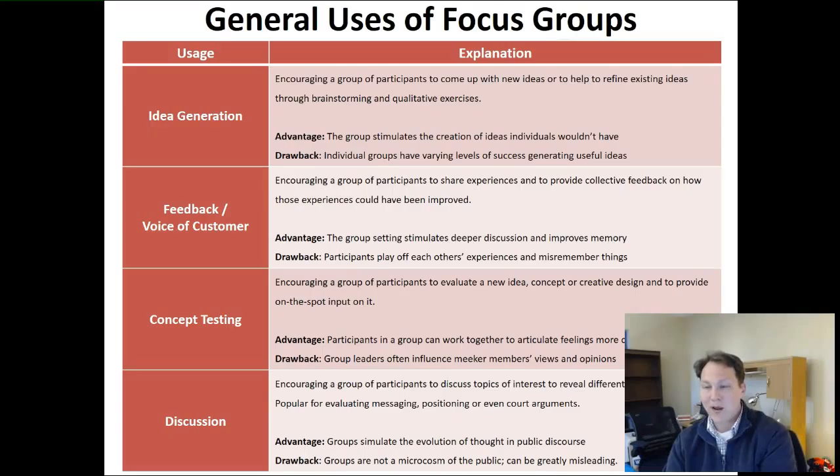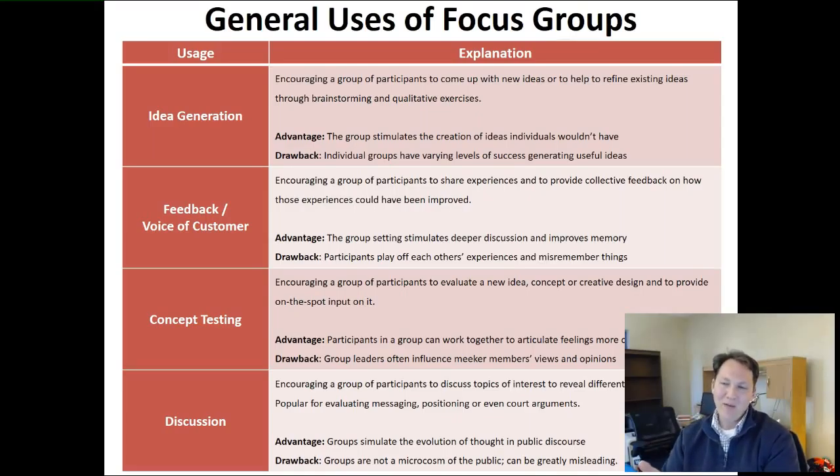So you might have them walk through an interaction they had. If you have a financial client, how their interaction went at the bank they went to most recently, and how that interaction could have been better, or what it is that they've experienced that's really annoyed them or really made them upset, and what's delighted them, and why that disparity exists, things like that. This is really better suited to individual interviews, I'll be honest with you, but if you're going to use a group setting, the group setting does sometimes stimulate deeper discussion and can improve memory. As you hear about someone else's experience, you can remember your own experience a little bit more deeply.